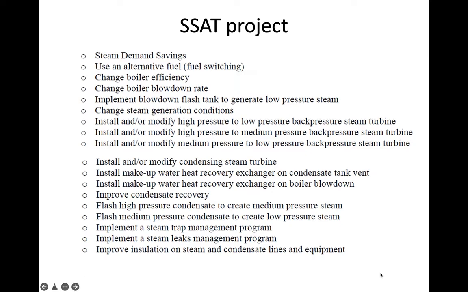And then install and or modify high pressure to low pressure back pressure steam turbine, and then install and or modify high pressure to medium pressure back pressure steam turbine, and then install and or modify medium pressure to low pressure back pressure steam turbine, and then install and or modify condensing steam turbine, and then install make up water heat recovery exchanger on condensate tank ventilation system, and then install make up water heat recovery exchanger on boiler blowdown, and then improve condensate recovery, and then flash high pressure condensate to create medium pressure steam, and then flash medium pressure condensate to create low pressure steam,